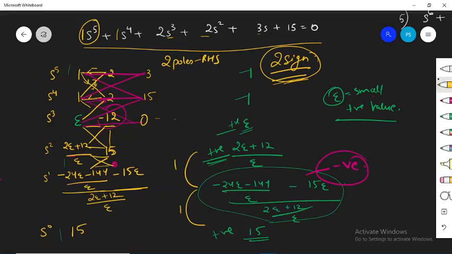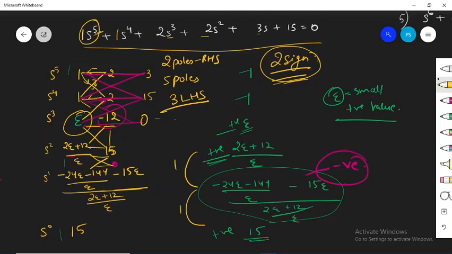How many poles are there actually in this system? The highest power of S is 5, hence we can say that 5 poles are there in the system, out of which 2 poles are lying on the right hand side. Hence there are going to be 3 poles lying on the left hand side of the S-plane. And this is how you overcome this difficulty